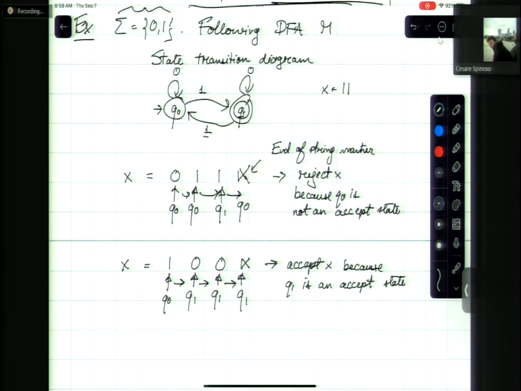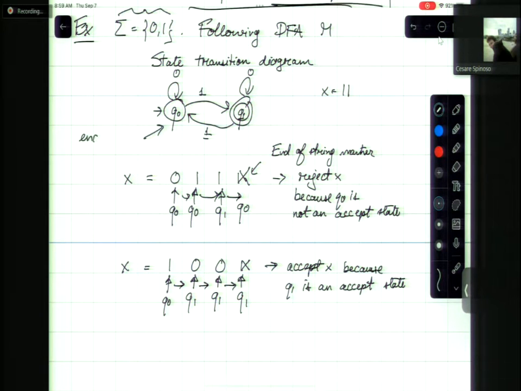So I have two 1s, which is even, right? Then I start at Q0. I think that I have an even number of 1s. Now I transition to Q1 because I see a 1. So now it looks like I have an odd number of 1s. But now I read another 1, and so I go back to Q0. So in fact, it actually means that I have an even number of 1s, right? And so that means that Q0 encodes an even number of 1s, and Q1 encodes having an